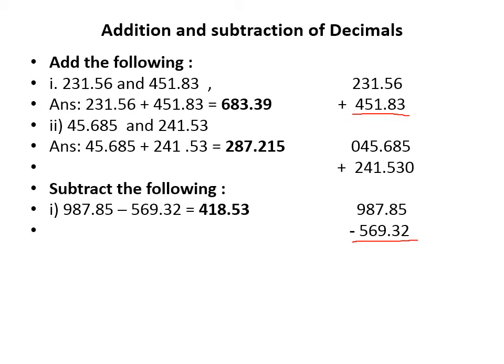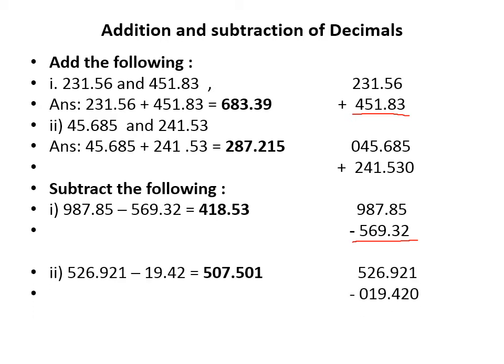Now here you cannot subtract, you borrow 1, so this becomes 17. 17 minus 9, 8 it is. So when you borrowed, this becomes 7. 7 minus 6 it is 1. So 9 minus 5 it is 4. So you can do the subtraction also. Same way, now we move to the exercise sums.